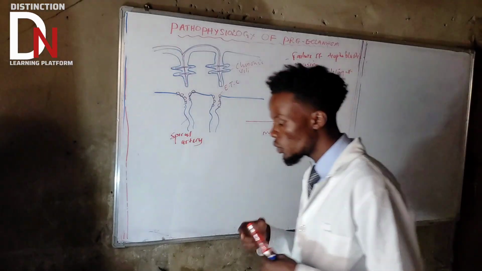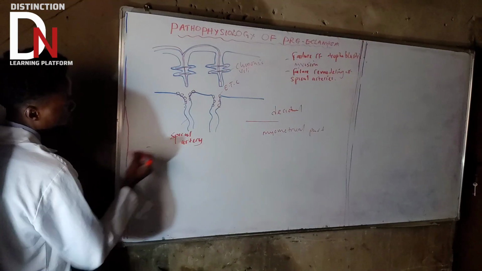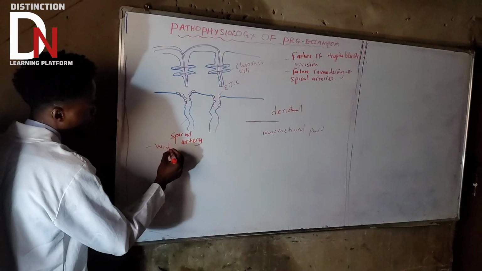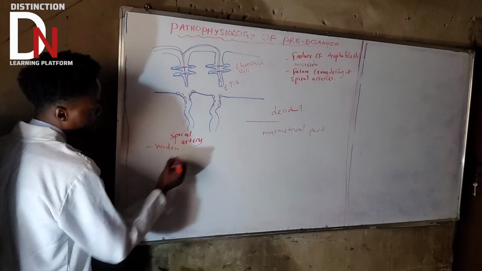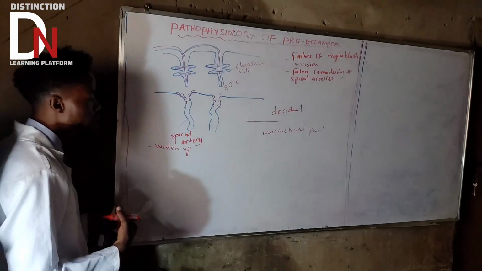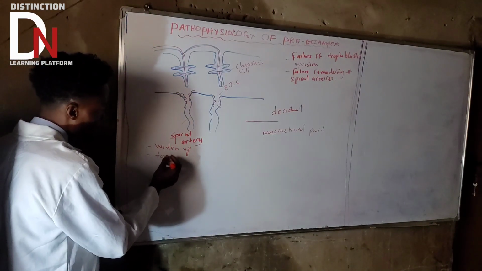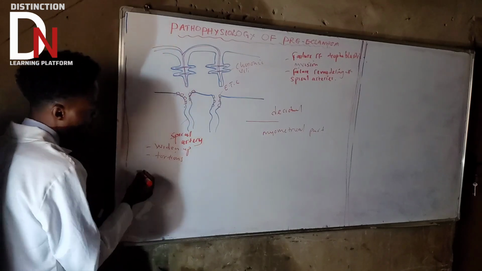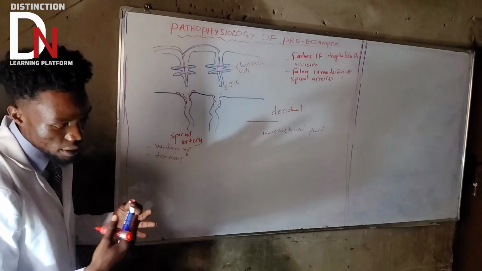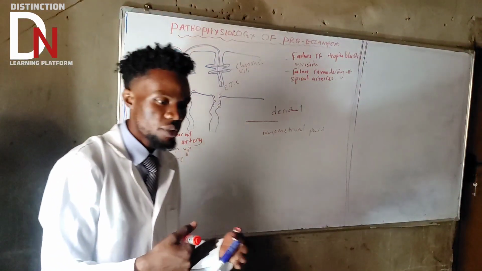So the spiral artery is going to be remodeled into normal parts. They need to be widened up, so that more blood can go to the placenta, or to the fetal placental unit. What else? They will become tortuous. Okay, and what else? Because they are tortuous and widened up,